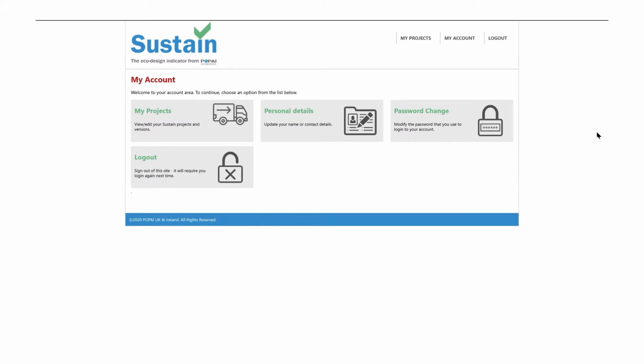Welcome to this short introductory video on Sustain, POPAI's Eco Design Indicator tool. Sustain is a password protected user login type tool and it's based on an account where you can see the settings here. What we're going to focus on today is how you create a project and see the results of